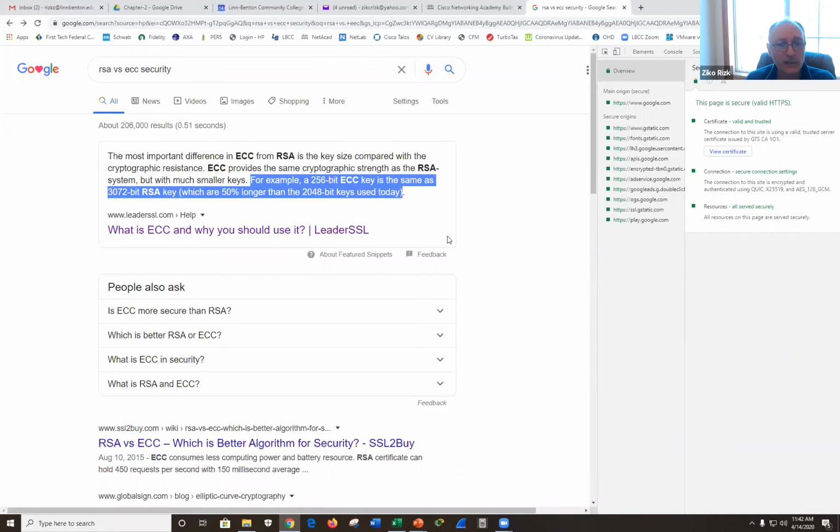For example, a 256-bit ECC key is the same as a 3072-bit RSA key. So a 256-bit ECC is more secure than a 2048 RSA. And they're saying it's about the same as 3072. And that's great. And that is wonderful.